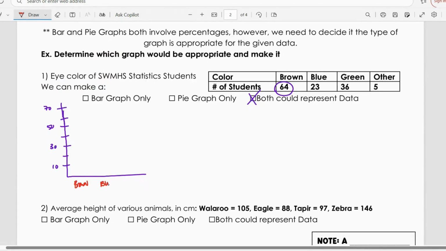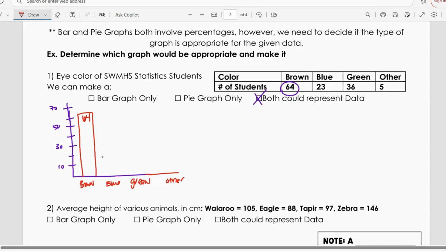We have blue, we have green, and we have other. So I'm just going to approximate where 64 is on here. Here's 60, so let's say this is 64. And you might even see sometimes a little number in here to let you know exactly where it's located on the graph. Blue is 23,